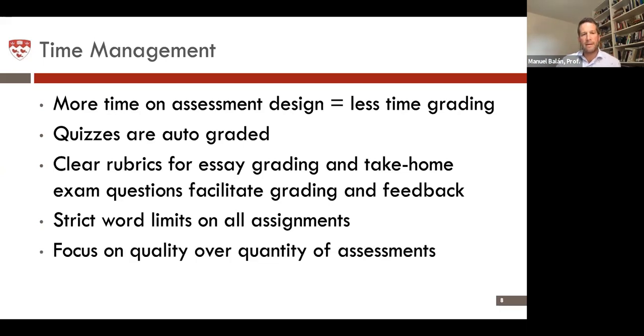In terms of, well, this does result in a focus on quality over quantity of assessments. I'm not burdening them with a ton of writing, with a ton of assessments. If they carry through with the quizzes week after week, this should take, again, 10, 15 minutes per week to fulfill those quizzes. The essays, these are 3-page essays, really short essays, and the final exam will not be that long either, right? So we're talking about quality over quantity here in terms of assessments.